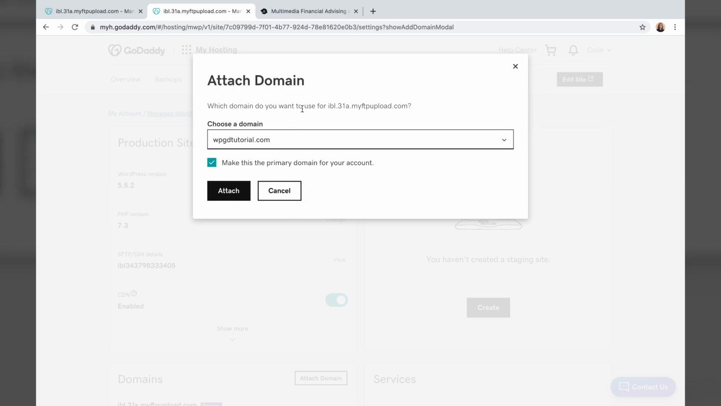If Financy Nancy was a real organization, I probably would have registered a domain like financynancy.com. However, since I made this website for this tutorial, I thought it best to be transparent, which is why I went with the domain wpgdtutorial.com or wordpressgodaddytutorial.com. To confirm that I want this domain for my website, I'm going to make sure that the checkbox labeled Make this the primary domain for your account is checked,